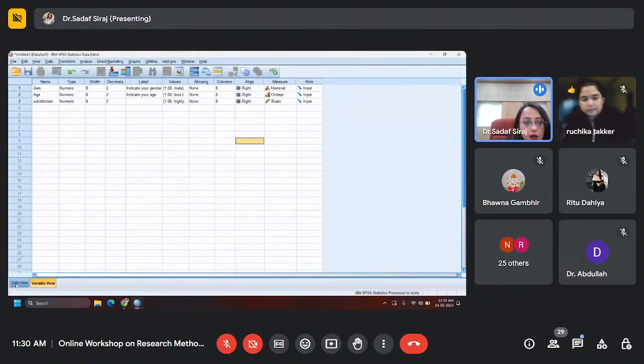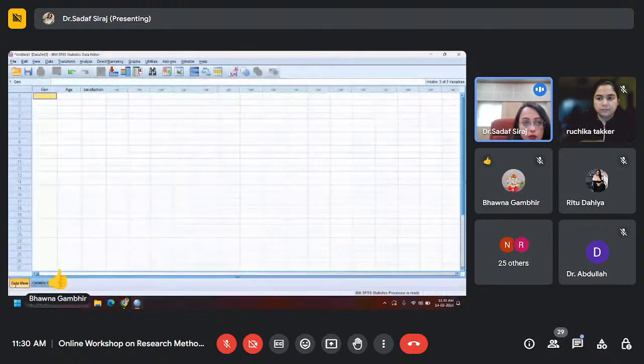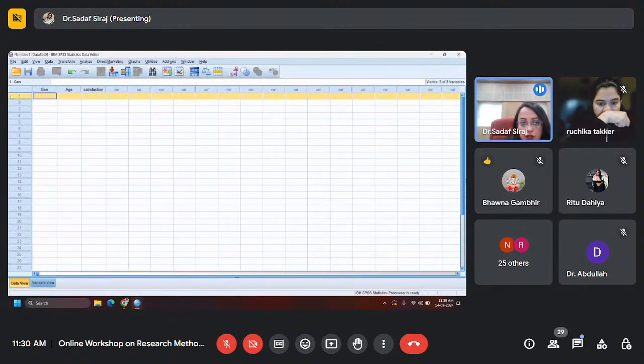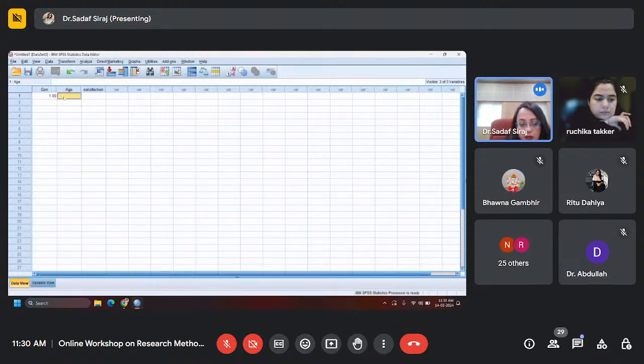ठीक है. As I mentioned, in case of Ruchika, these columns were created. If I need to do it manually, this first row talks about the first questionnaire. I'll fill it up according to the responses I receive. Maybe it was a male of the age group 20 to 25, and he was very satisfied with whatever we were talking about. So this is how I keep on filling the database when I need to do it manually.